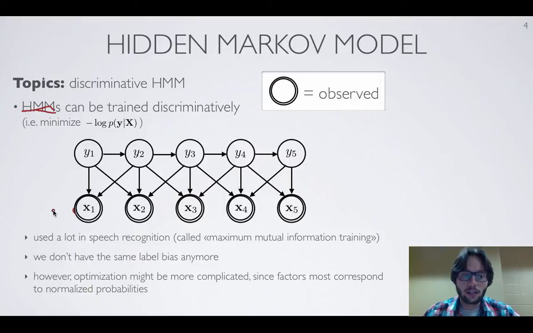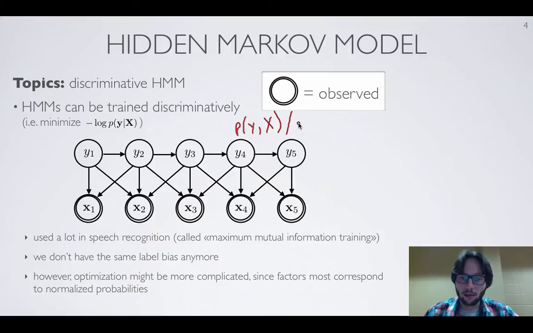In HMMs, we usually define something known as the emission distribution, which tells us how the inputs were generated from the label, so P of x given y. From this, we get a full joint distribution over both y and x, both the sequence of labels and the sequence of inputs. And if we have a joint probability, then we can compute P of y given x